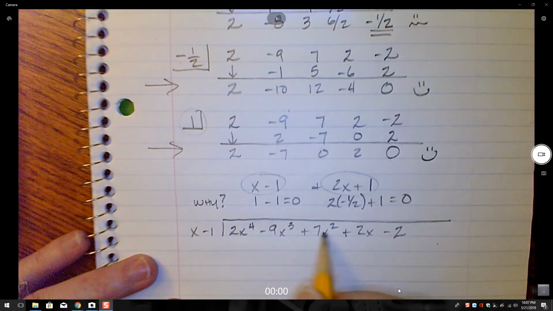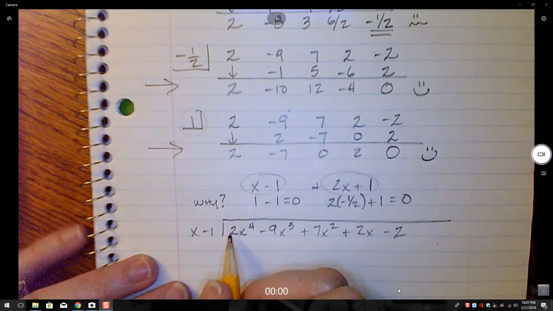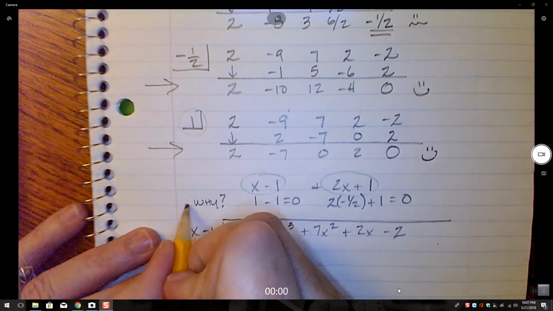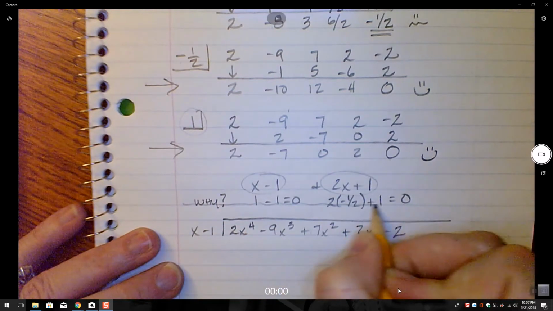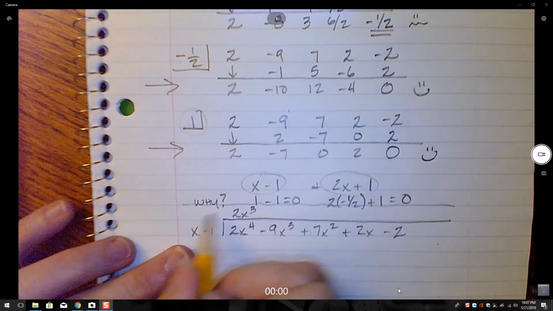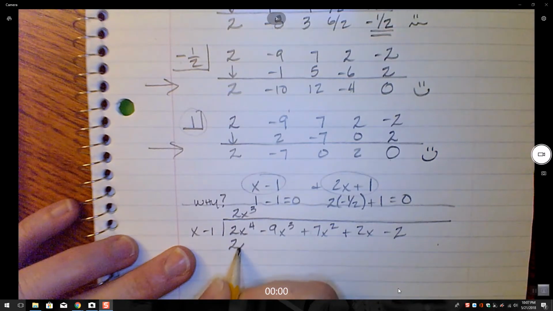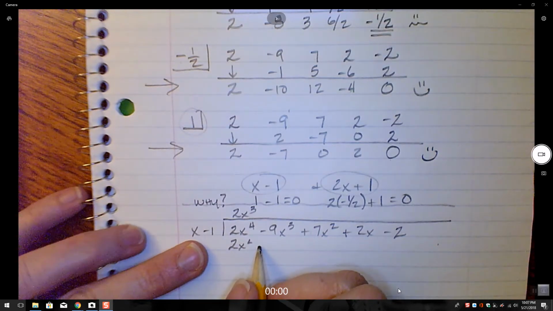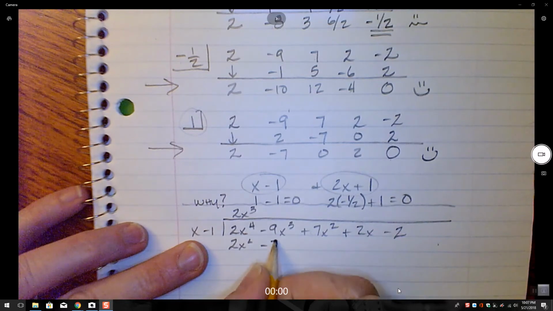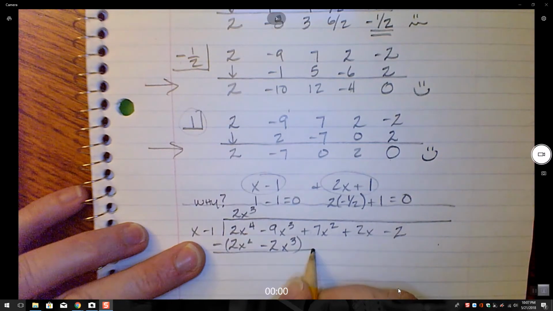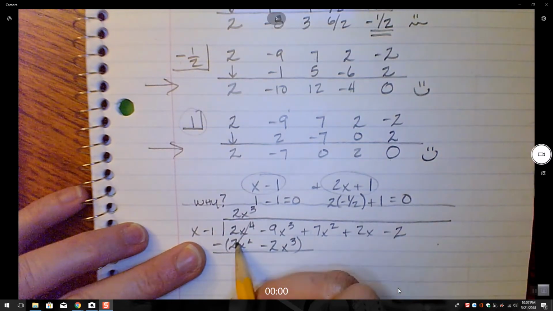Negative, positive, positive, negative. All right. So 2x^3 times x is 2x^4. 2x^3 times negative 1 is negative 2x^3. So we're subtracting that,